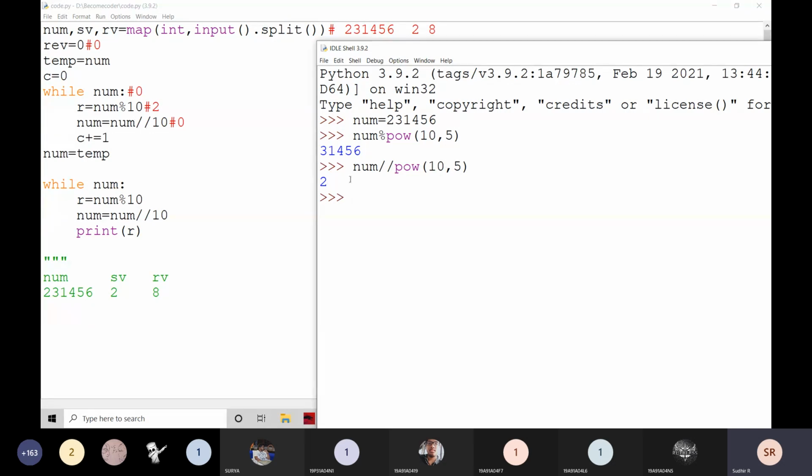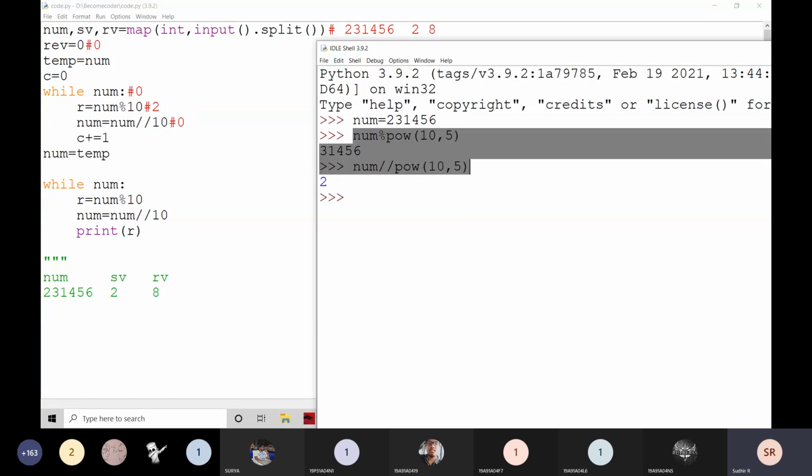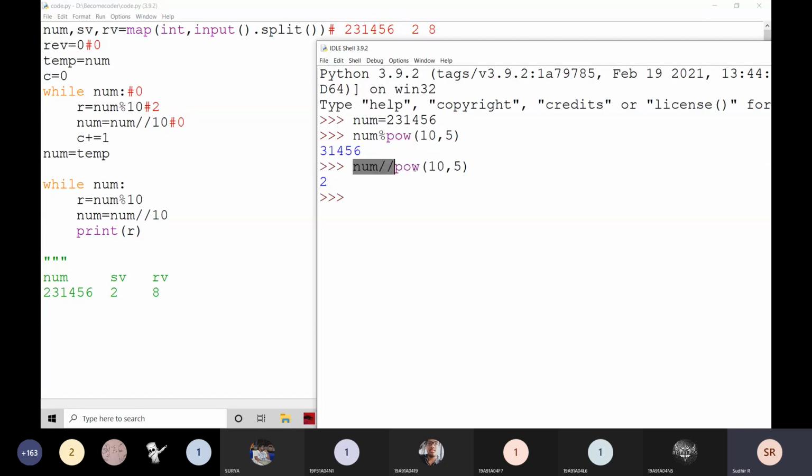Just observe here the first value and the remaining value, and this is the value of C. This is the value of C, and I am going to decrement it every time. Is it clear? First of all, I am going to write like this, and this is the remaining value. Do you understand what I am writing here? Here I am going to count the values. How many values are there? 6 values are there. Instead of 6 values, I am going to take 5 here.